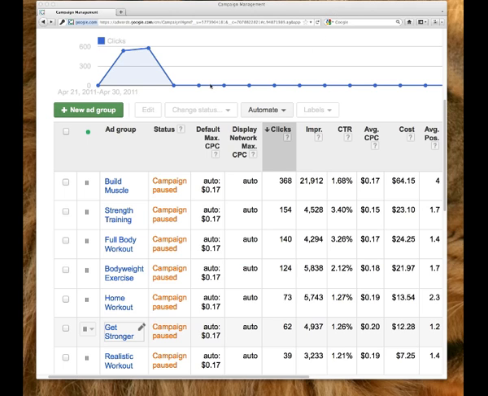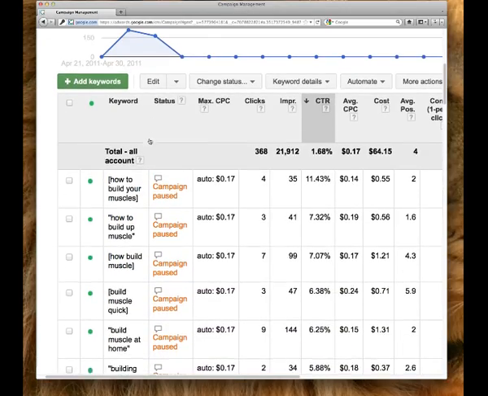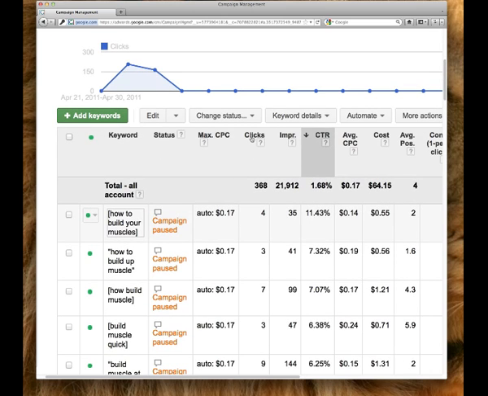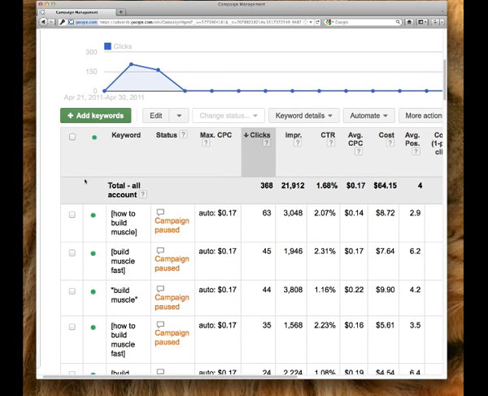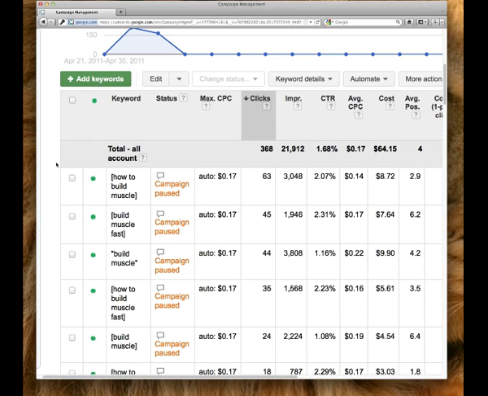So here let's go into build muscle again, and let's look at our top performing keywords. So this is important. We want to improve our ad copy. We want to look at the keywords for clues. We're not just gonna guess, okay? So you can see here that